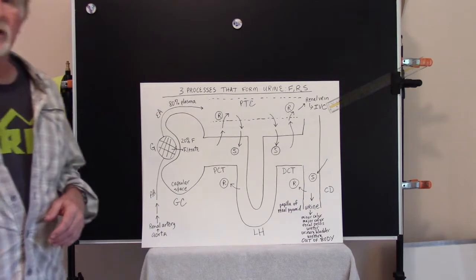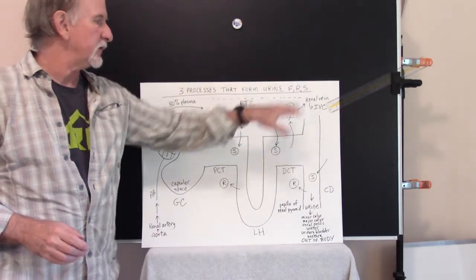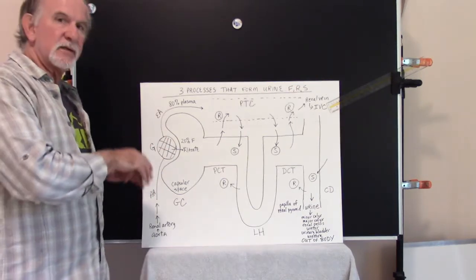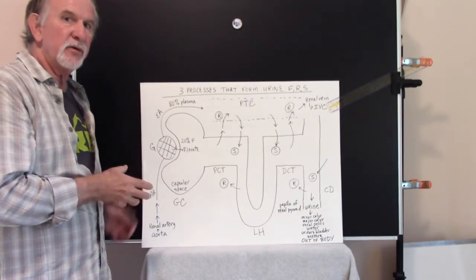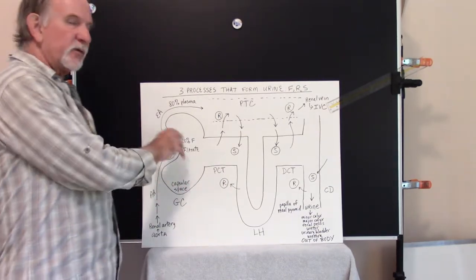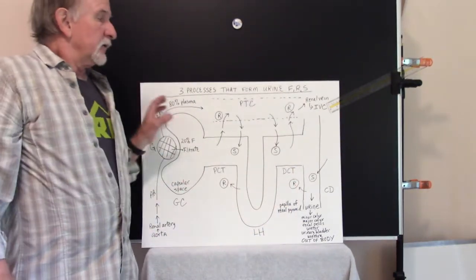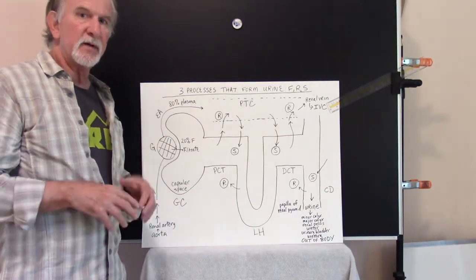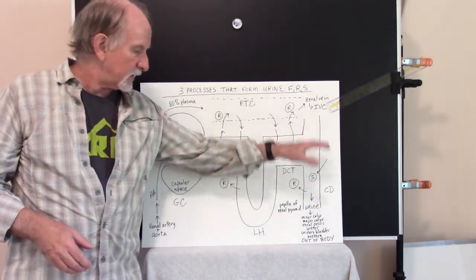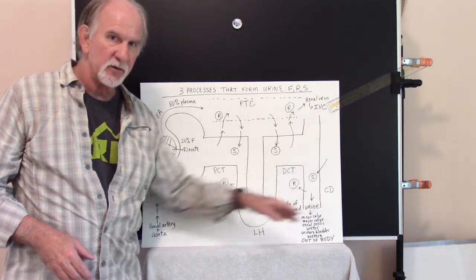So here is an overview of the three processes that form urine: filtration, reabsorption, and secretion. About 20% of blood plasma gets forced out of the glomerular capillaries by blood pressure and forms the filtrate in the capsular space of the glomerular capsule. The filtrate then continues down the renal tubule and into the collecting duct. During this journey, the filtrate is modified by reabsorption and secretion. What ends up at the papilla of the renal pyramid drips out of the papillary ducts as urine into a